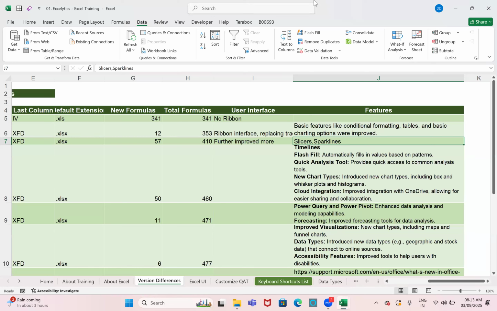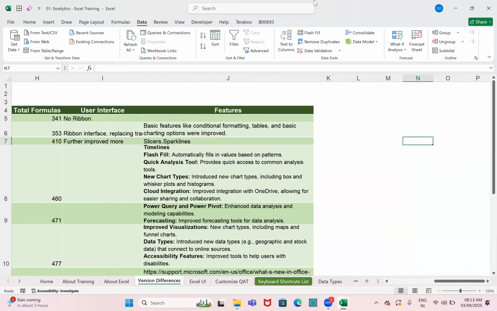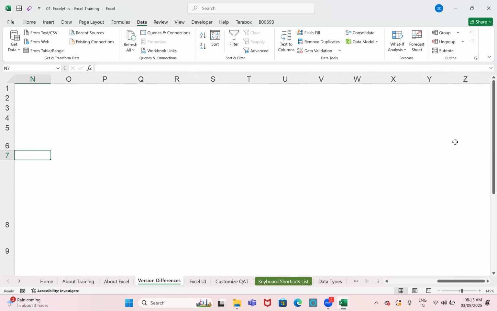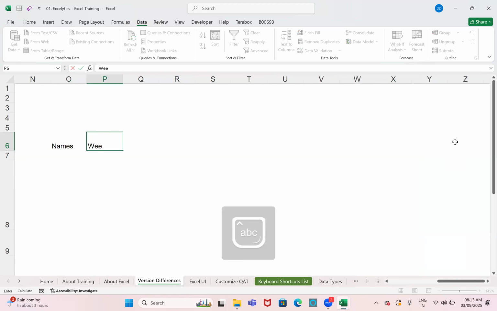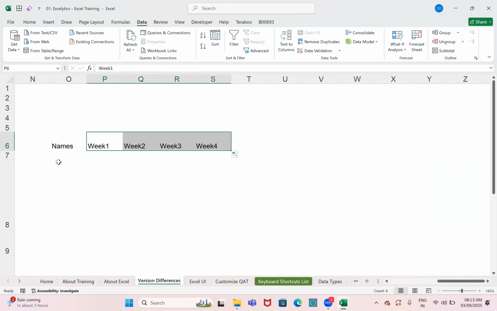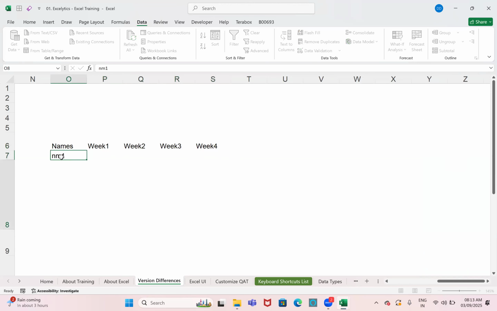And what is a sparkline? Sparkline also I told you yesterday. It inserts a chart in a single cell, right?